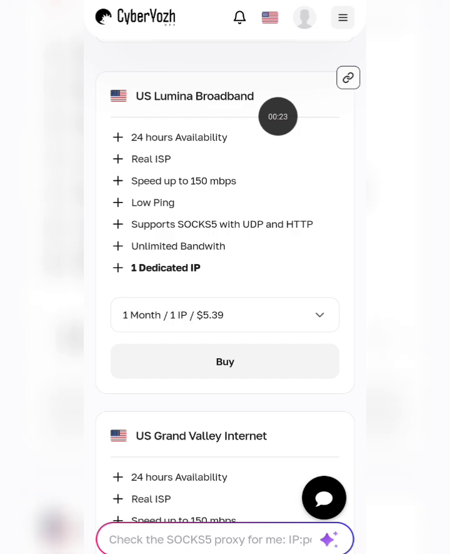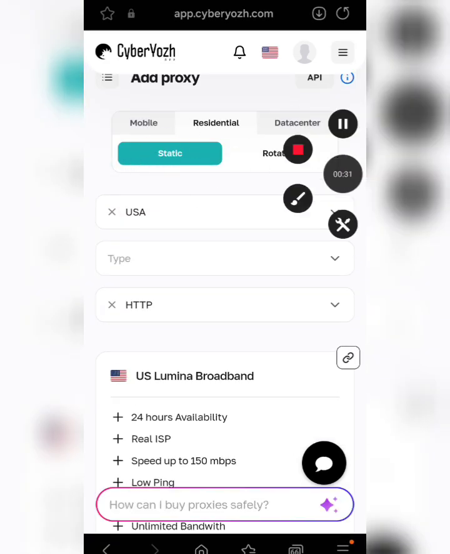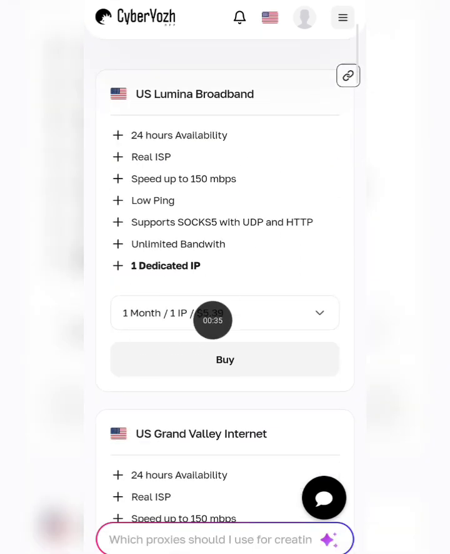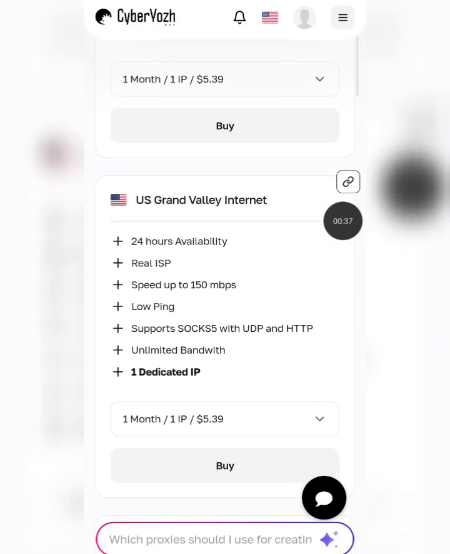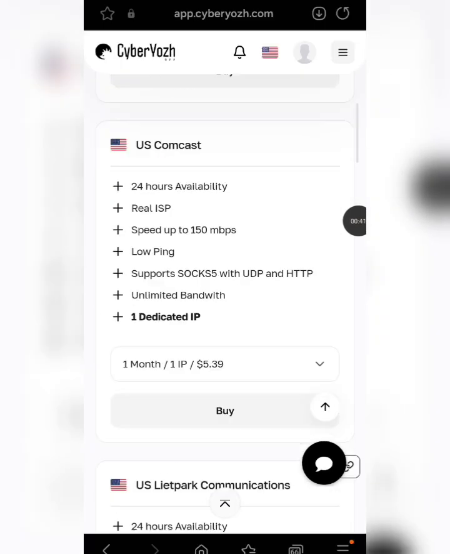So we have the first one right here, which you can actually purchase for about $5.39, and it will give you one IP. That's because we are using the static, right? And it's also giving you this for 1 month. Okay, so we also have other ones right here, so just check it out and go with the one that